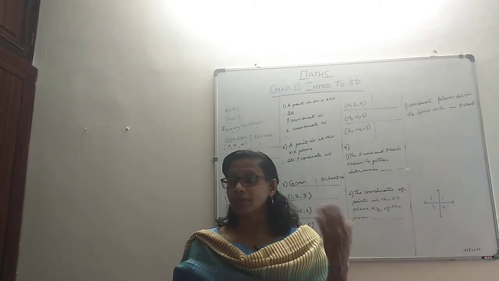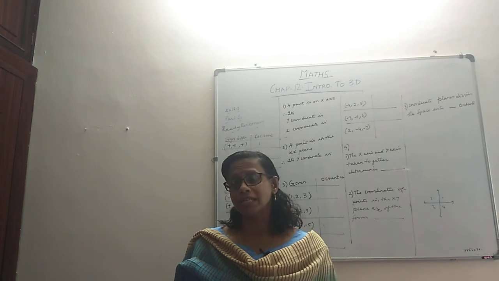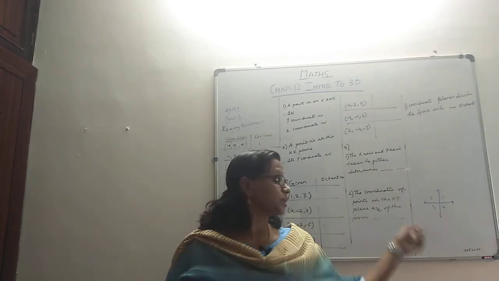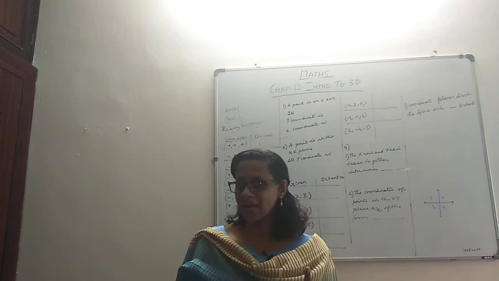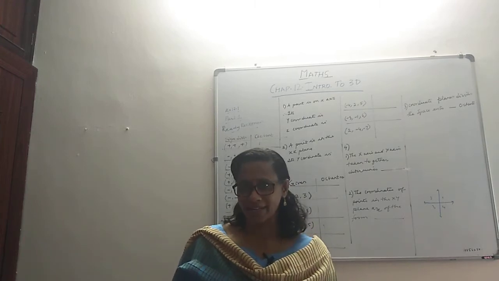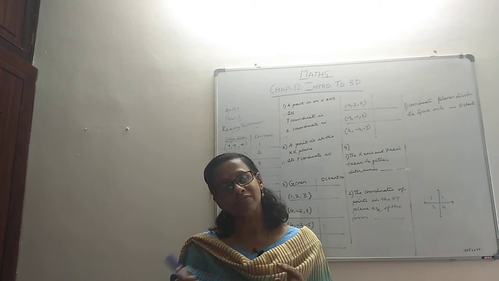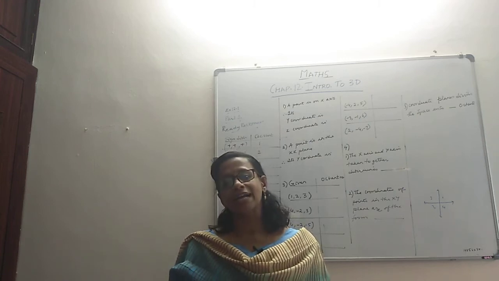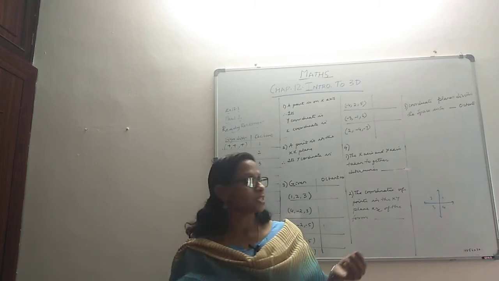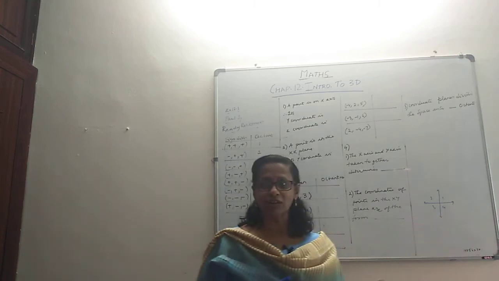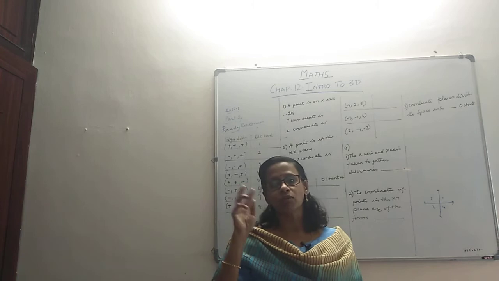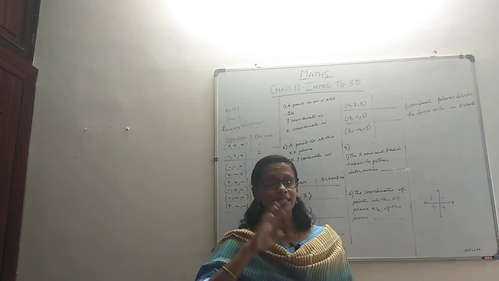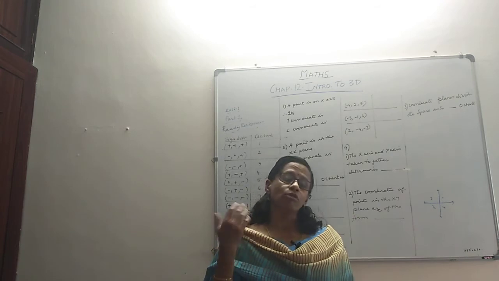Because it is divided into 8 parts, each part is called an octant. Something like what we did in the 2D space. Because there were 4 parts, each part was called a quadrant. Here, because the space is divided into 8 parts, each part will be called an octant. And we learned in the 2D space, there is a particular way of deciding the quadrant. Like if both the coordinates are plus plus, then it's in the first quadrant. Both are minus minus, then it is in the third quadrant, like that. So also in this